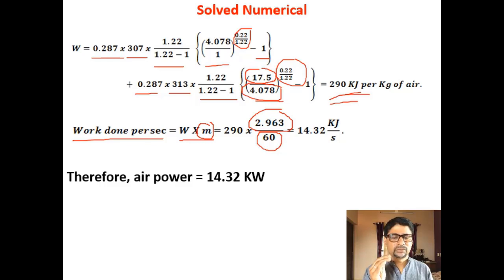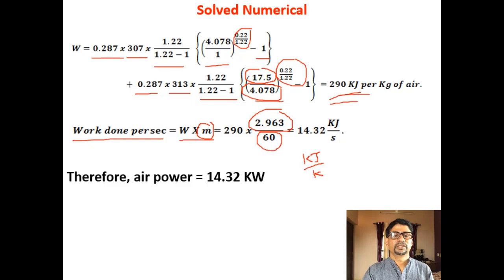Whenever you substitute in any formula, not only in thermodynamics but in any other subject, ensure in what unit you are going to substitute. So power is nothing but work done per second. The work already calculated is kilojoules per kg, so you should multiply by a quantity which is kg per second. See, kilojoules per kg is the W, right? Now power is nothing but kilojoules per second.